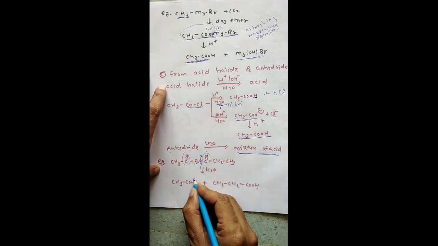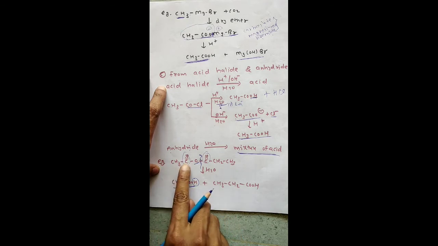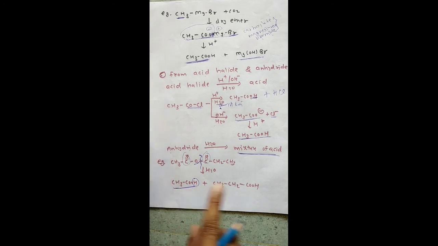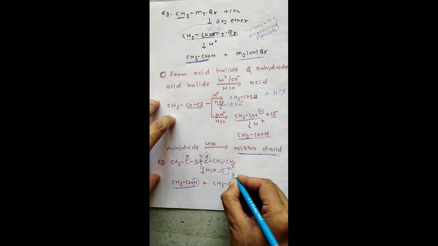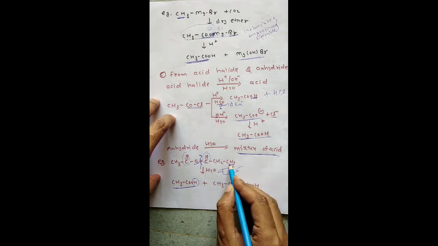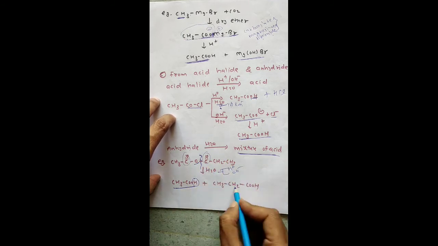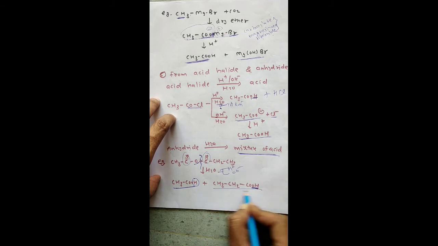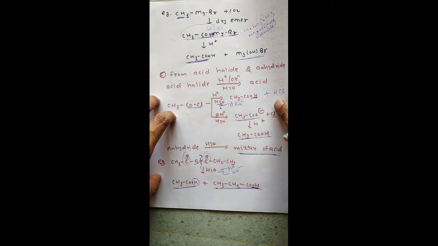CH3COO, H plus adds here and becomes acetic acid. CH3COO then H plus, acetic acid. The remaining part is OH from water, H plus and OH minus. The remaining OH minus adds on the other side, CH3CH2 C double bond O. It is already there. Add OH to it, so you'll get propanoic acid. You can see 3 carbons are there. Oic acid, propanoic acid.